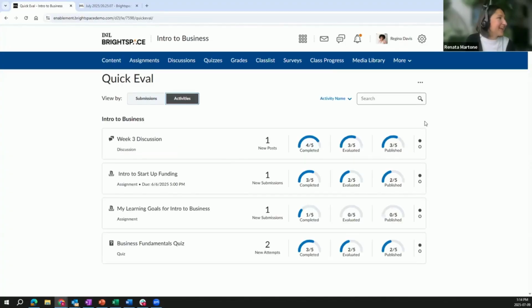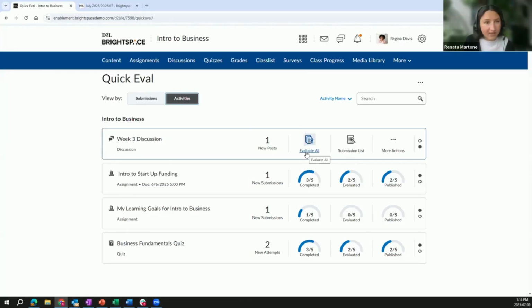And as we can see, we've got a list of the different activities here that require my attention. For example, I've got one new post to this week 3 discussion. I have a submission to this intro to startup funding assignment, and then 2 new attempts in this business fundamentals quiz here. I also have some icons I can hover over here as well. So evaluate all. If I select this, it's going to bring me straight to the evaluation page where I can